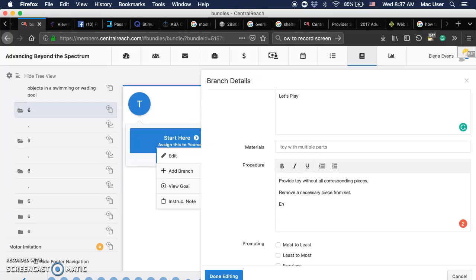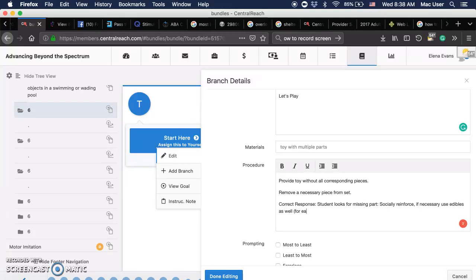So you can go ahead and put what is going to be the correct response and what the incorrect response is supposed to look like. Obviously we're supposed to be technical in our definitions and make it easy for anyone to understand. But for the fact that this is a lot of work to get all of these targets in, and I want to do this as expeditiously as possible,